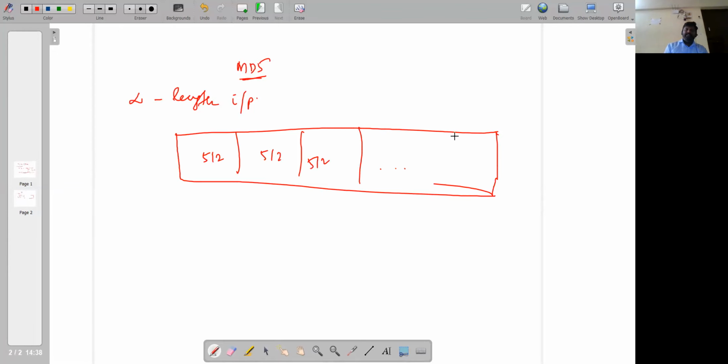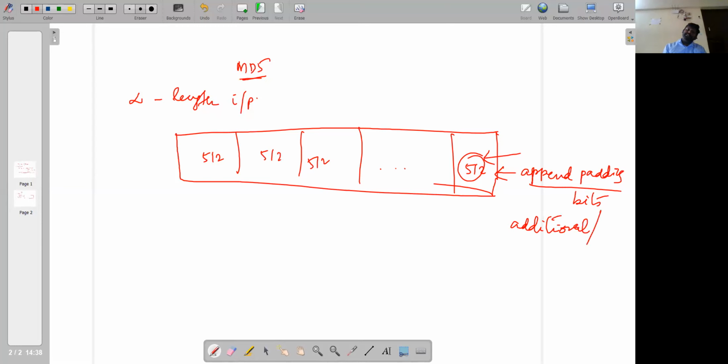Suppose it is not 512 bits, then we may need to append padding bits. Padding bits means adding additional information, extra bits at the end, so that the string size becomes equal to 512, right?